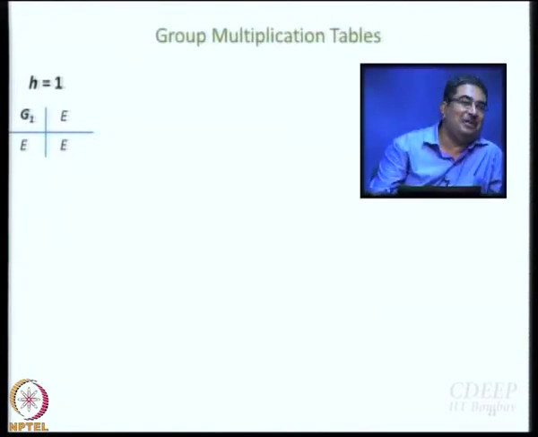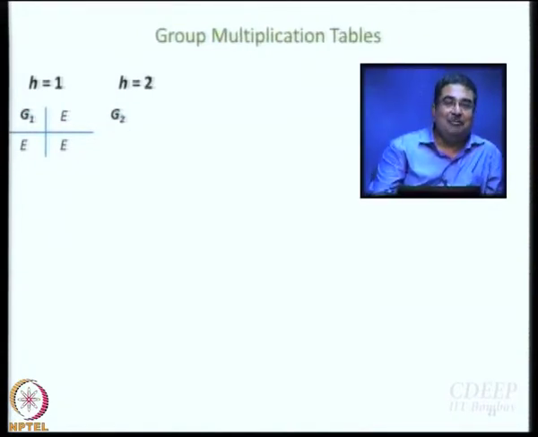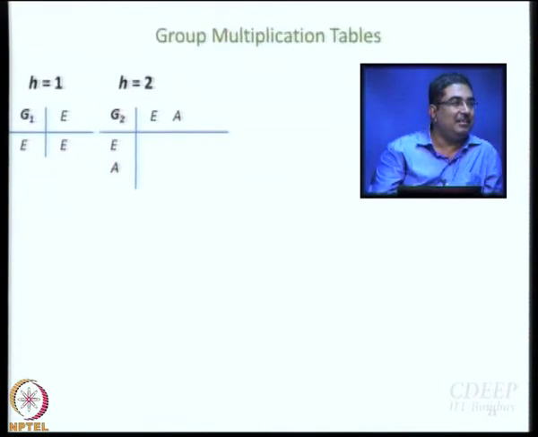Let us talk about H equal to 2. H equal to 2, what is the name? G2, you got it right, G2. For G2, if it is G2, it has to have two elements. What is the first one? E. And the second one, because it is my initial, it should be A, right, E, A. Let us try to write the multiplication table now, this is how I will write it. So, now see, what will be at the cross section of E and E? E, E, E, simple. In fact, you can write the first line, E, A,